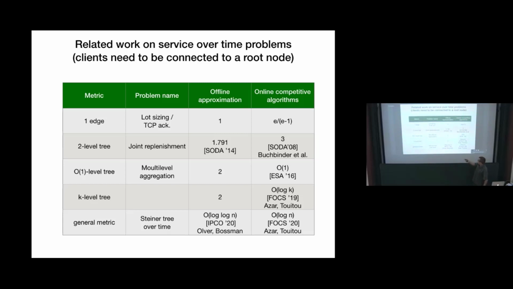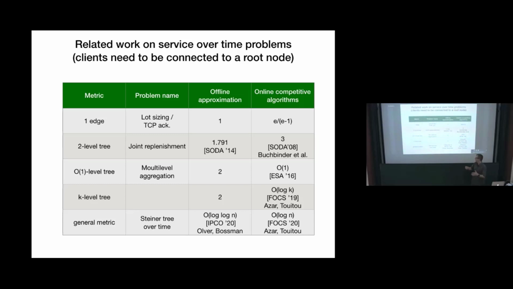And you see here, if the input metric is a tree, the offline problems have constant factor approximation algorithms. There are some primal dual algorithms possible here. But for the online setting, only for a constant number of levels do we have constant competitive algorithms. But already for a tree where the number of levels is an input, we don't have a constant; we have a competitive ratio that is a function of